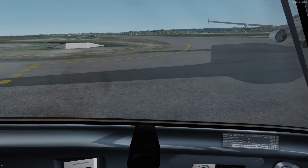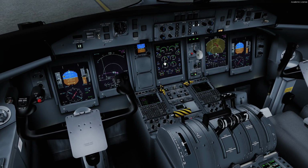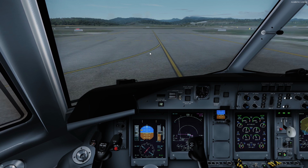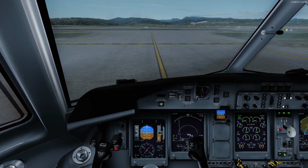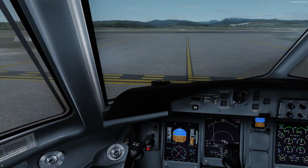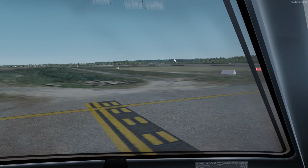We'll do an end-top takeoff, which we can do actually. Let's do that. So M top is maximum, N top is just 10% below. Make sure there's no aircraft on the runway, which there are, so that's going to